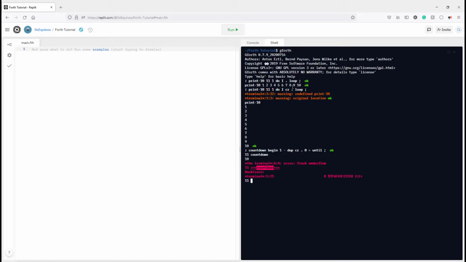Forth is pretty easy to debug because you can actually map it out the entire way. So you're starting with an 11, and we're adding a 1, then we're subtracting. So now this gets canceled out, and we have a 10, and then we're duplicating the 10 to create another 10. We are popping the 10, we're adding a 0. We are then checking to see if they're equal, doing 0 because they are not equal, and then it is